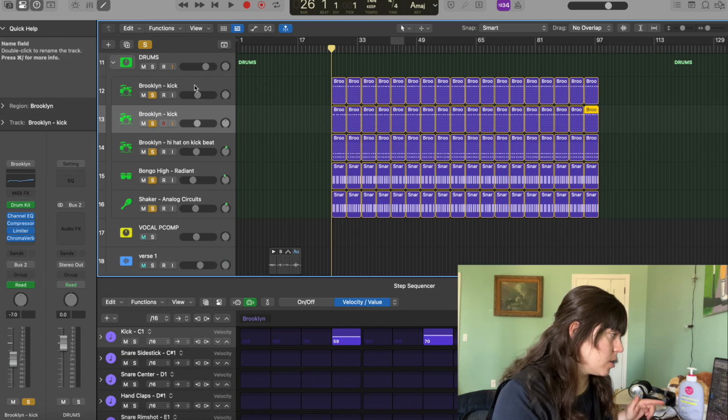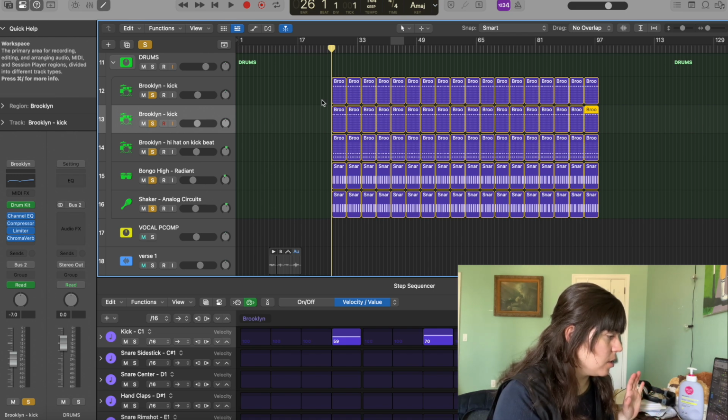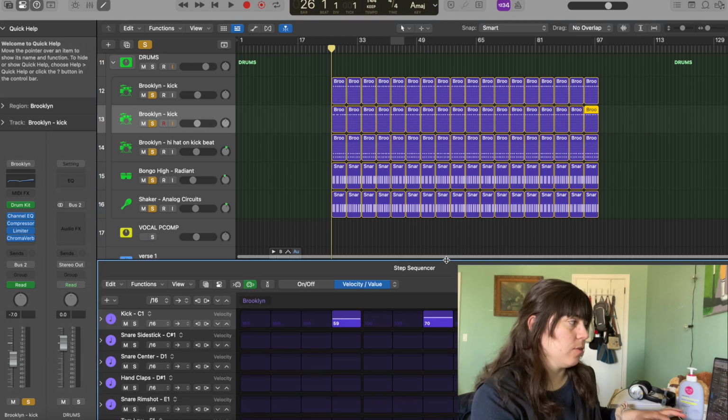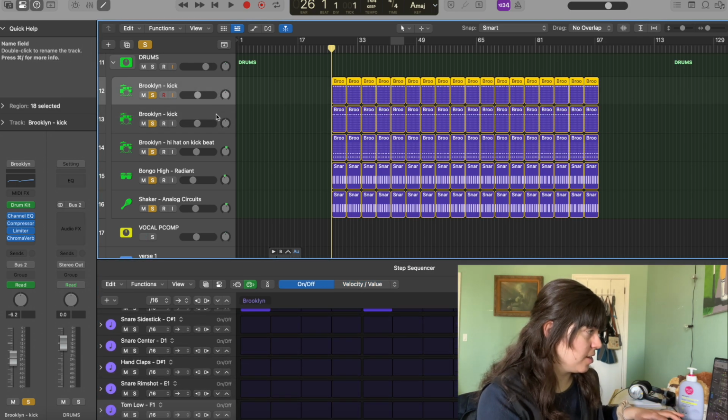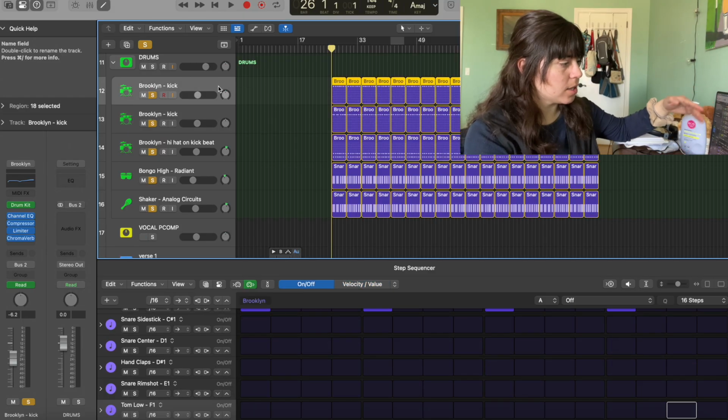So I used 2 kicks, a hi-hat, a bongo, and a shaker. I just used the step sequencer thing here. I'm not sure why I separated these 2 kicks. Honestly, I think I could have consolidated them into one track, but for this first track, the kick is on